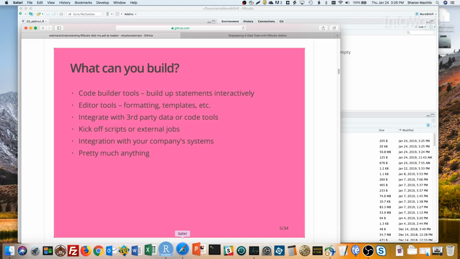But a couple of things we need to know about add-ins before we get started. One, they're regular R code. More specifically, an add-in is primarily an R function, and that function has to use the RStudio API package somehow. That's how the add-in interacts with the RStudio application. Two, add-ins need to be part of an R package. They can't be a standalone function. They need a package structure around them.